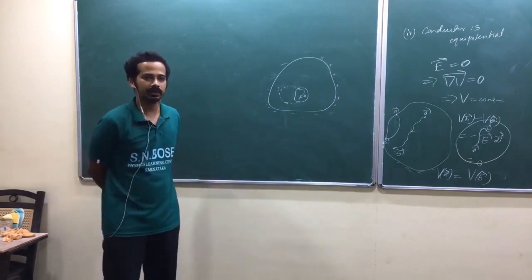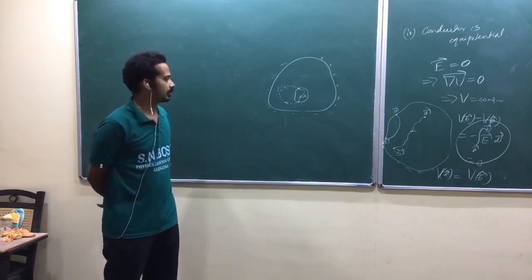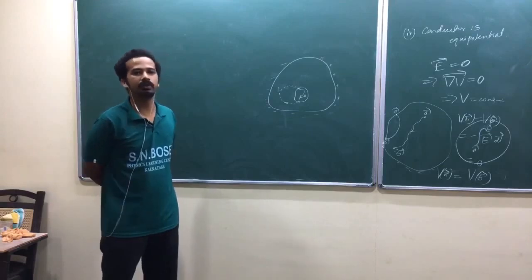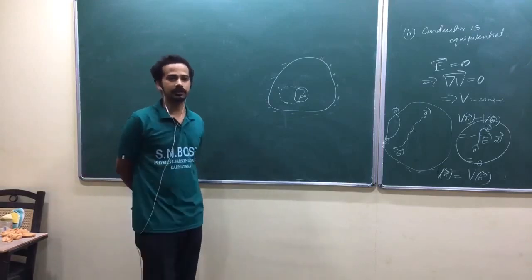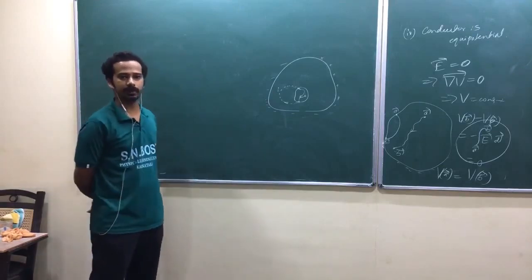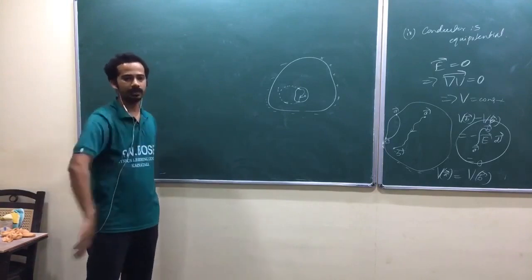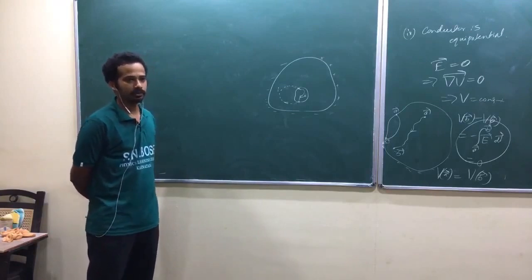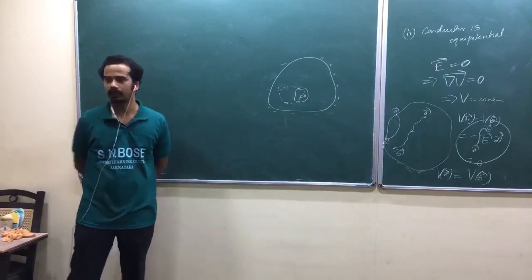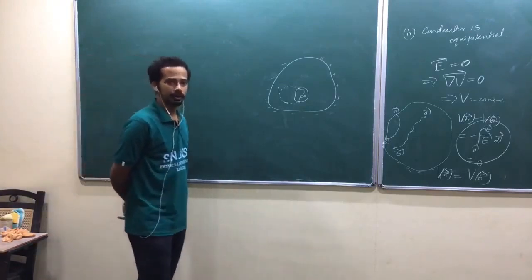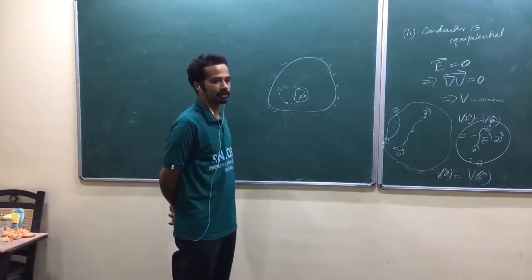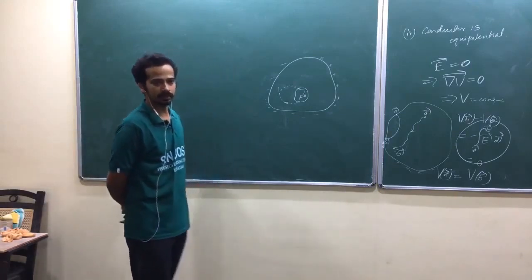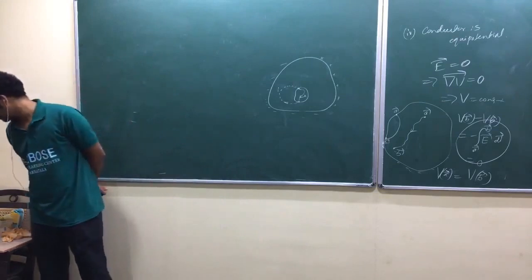Inside that cage, if you put any sensitive instrument, there will be no electric field. Everything will be obstructed. Whatever happens outside will be obstructed in the inside region, okay? So again, that is used here. This property is used to keep many sensitive instruments inside a cage, inside a cavity like that.